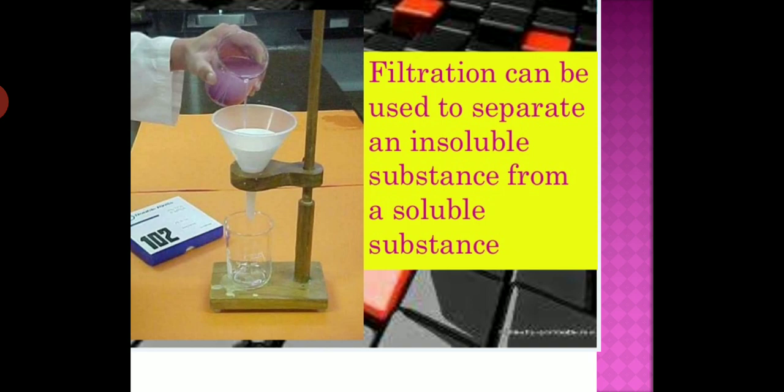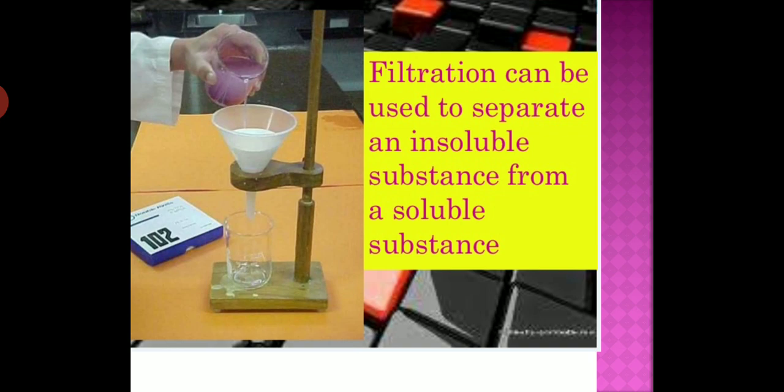You can see this picture. You can prepare one conical shape. Take a circular filter paper and fold it into a semicircle, then a quarter circle. So you can try this. What I am saying is, first take the circular filter paper, understand, then fold it into a semicircle and then into a quarter circle. So it gives a conical shape to the filter paper, and this filter paper is fitted into a conical funnel, and the apparatus is ready.